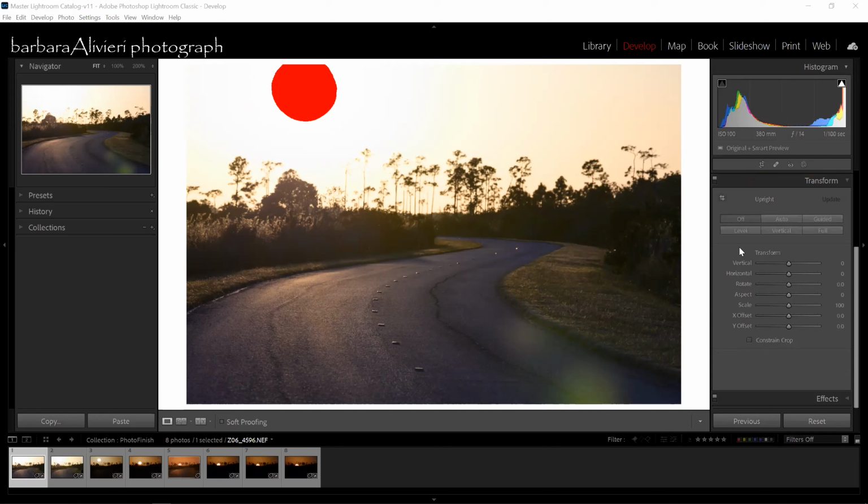Okay, we're at transform. I very rarely use this. Only occasionally I will if I'm taking pictures of trees really close up with a wide angle lens, and sometimes your trees will diverge. If you're pointing at a different angle than straight on, your trees will start to angle, and then you can use it. But all right.